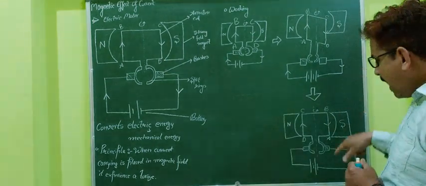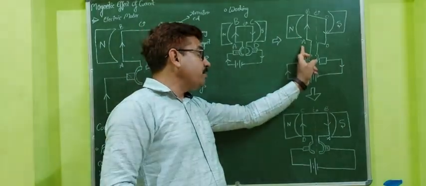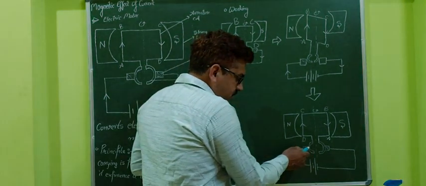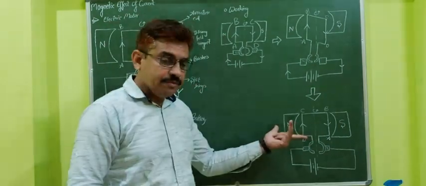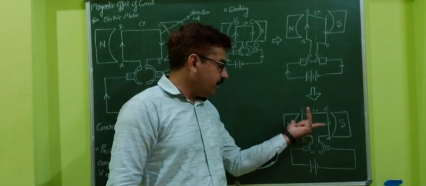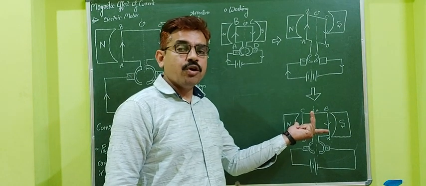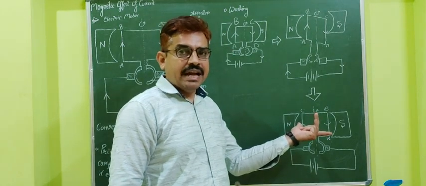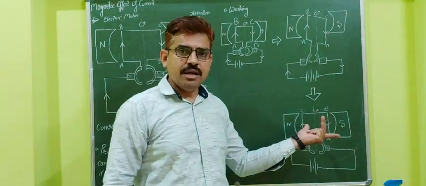So it starts rotating and after that what will happen? DC comes on the side of AB and AB comes on the side of CD, and again the commutator and brushes come in contact with one another. In this case we can see this is the direction of the magnetic field and this is the direction of current. So again what is going to happen? It starts rotating. Why? Because again the force is in the inward direction, that is into the plane of the paper, that is away from the reader.